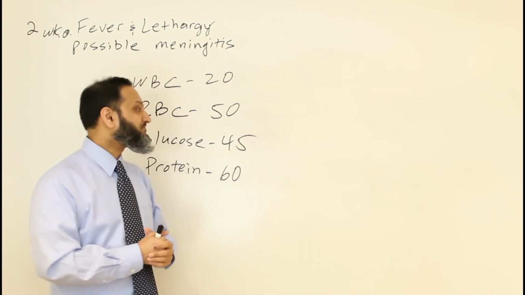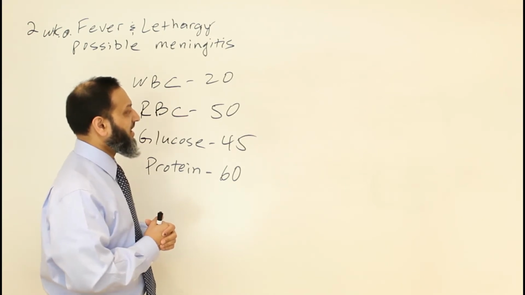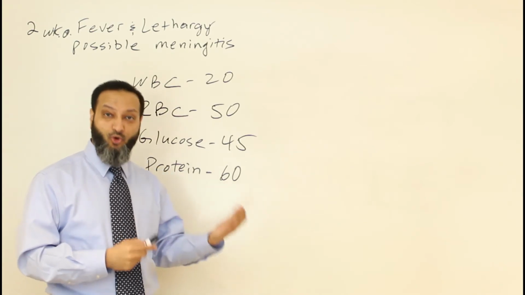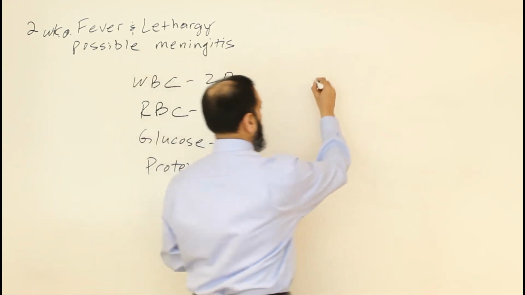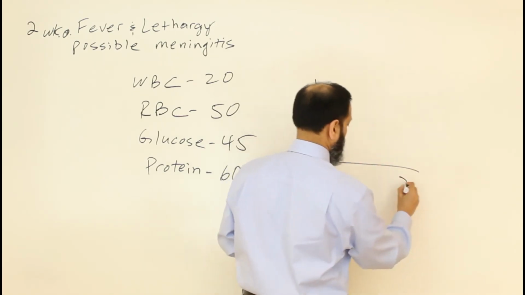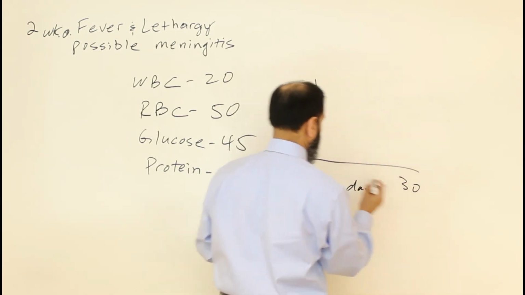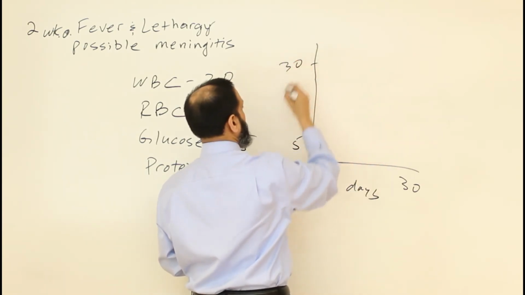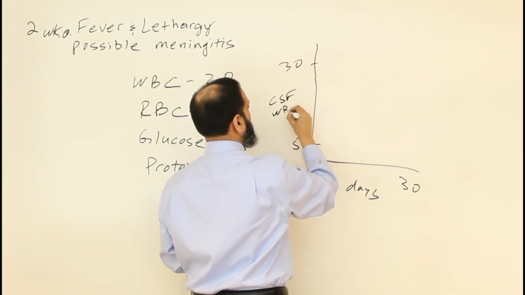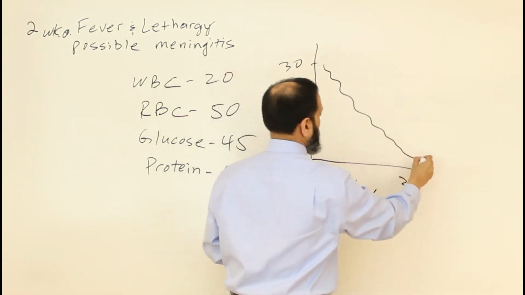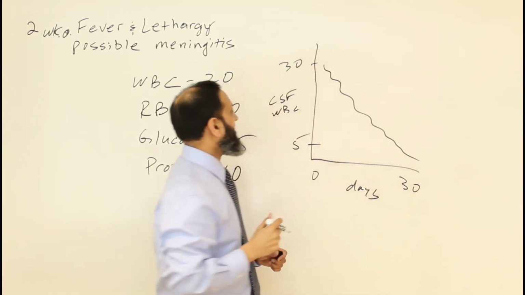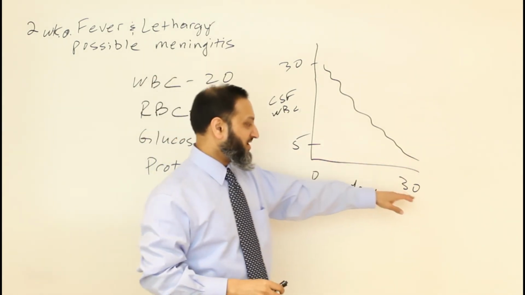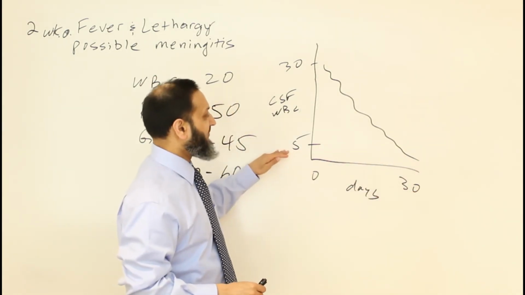with meningitis, right? So actually, this kid doesn't necessarily have meningitis, because 20 white cells in the CSF can actually be normal in the newborn period. So if you look at a graph in the first 30 days of life, and you look at the number of white cells in your CSF, most literature says you can have up to 30 white cells in your CSF in the first month of life. And by around 30 days or 1 month of age, that's when you should have less than the 5 white